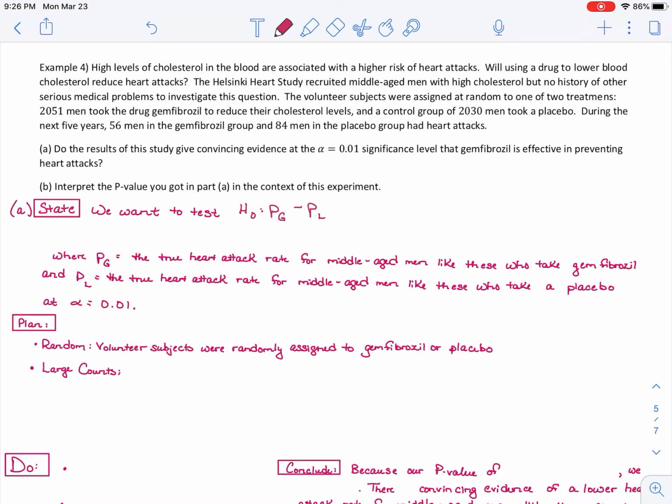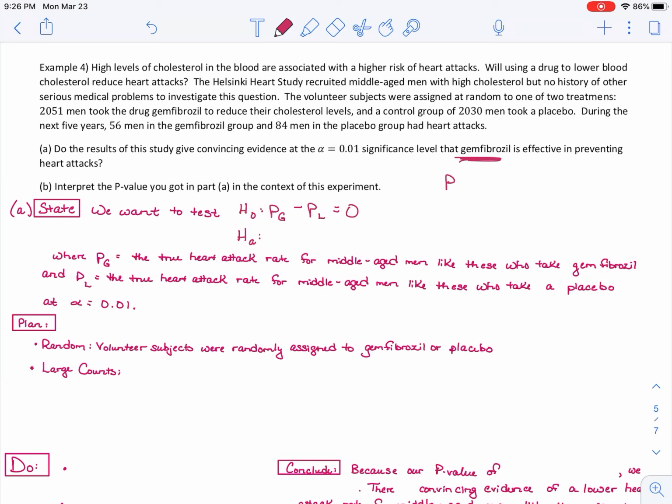PL probably would have been more clear, but whatever. The difference is nothing. But for the alternative hypothesis, I'm trying to first of all say that gemfibrozil is effective in preventing heart attacks,